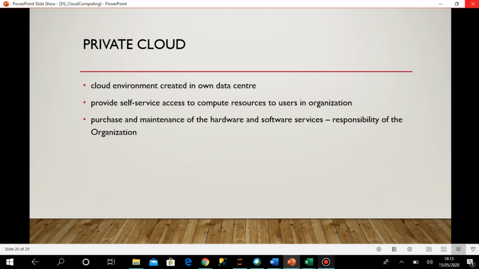That's why it's private. Purchase and maintenance of the hardware and software services is the responsibility of the organization, of course, meaning no one else is going to work for you. If you are the cloud administrator or the owner of the company, then everything, starting from the planning, the purchasing, the maintenance and the upgrading of all the hardware and software being used, is the responsibility of the organization itself.